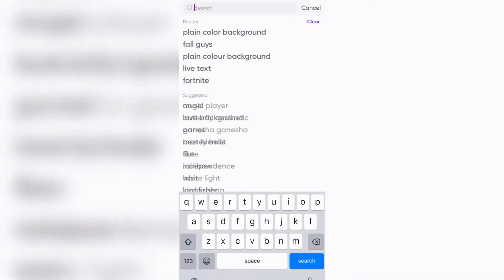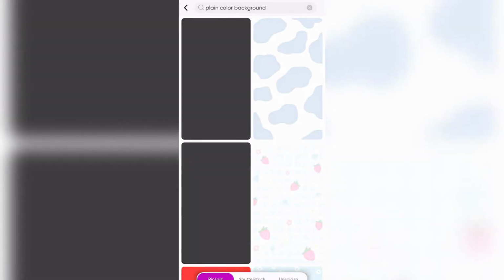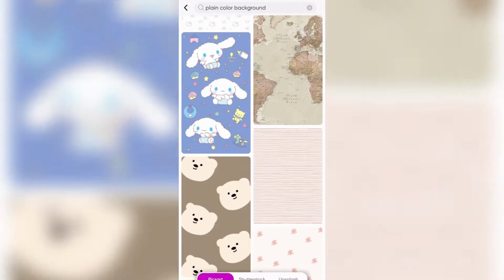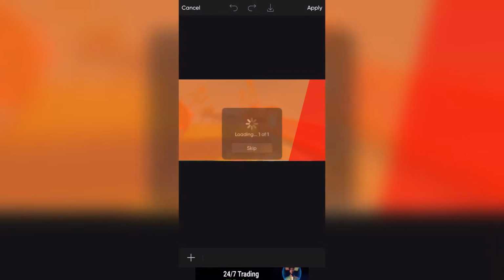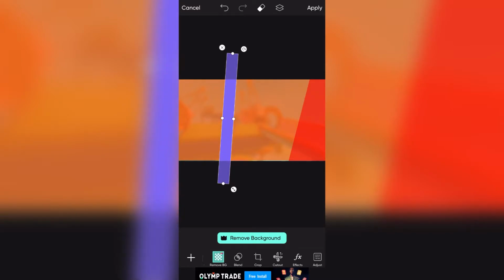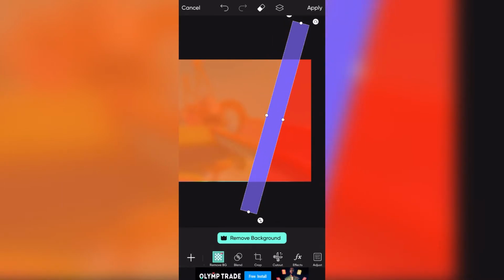After putting it, don't write plain color backgrounds in the sticker options. Okay, don't write. You have to click on add photos, free images, then on plain color. Let me call it a purple color, not this one. Where is a good purple? This is a good color. So I can choose this. Because of the orange and purple mixture, I can make it large and adjust it. You can zoom in the pic size, which is the important thing. In some of the apps you cannot zoom it that much, but in PicsArt it's the advantage.